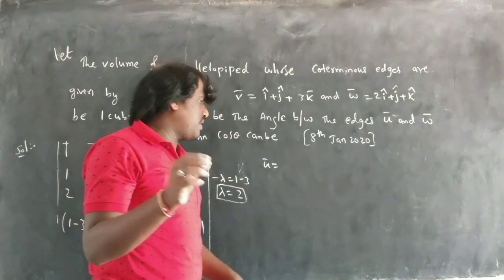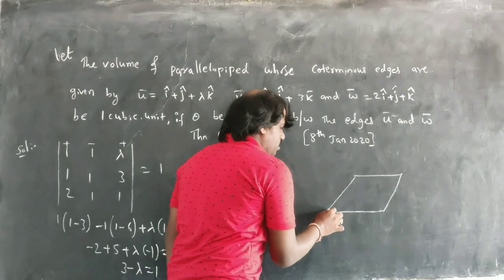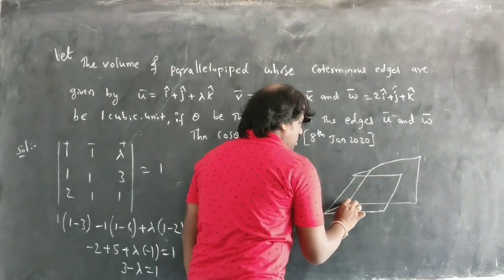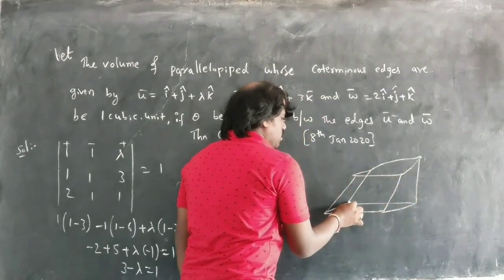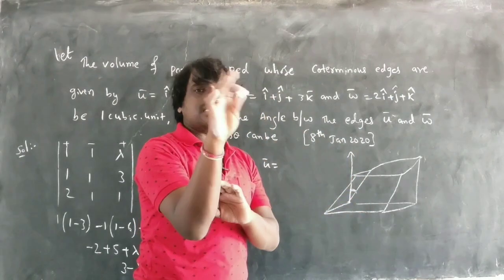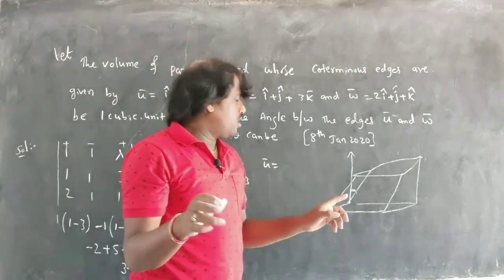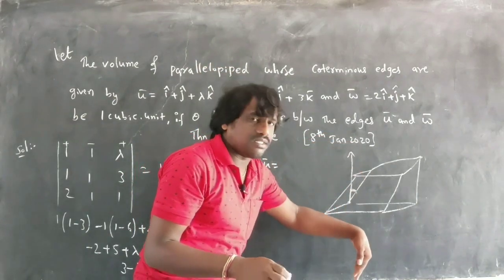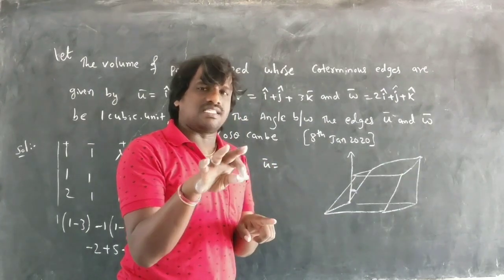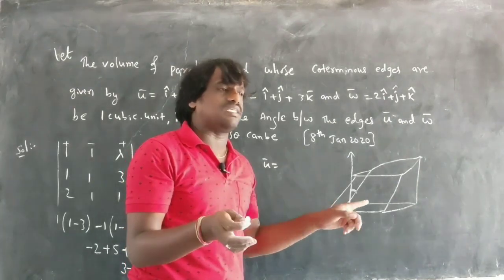And yesterday when I explained the parallelepiped, this is a parallelepiped, so there will be some bend. When you are finding the volume of this, if this is the angle here and it is an acute angle, then it forms a right-handed system. If it is an obtuse angle, meaning downwards, then it is left-handed. When it is right-handed, you get a plus answer. When it is left-handed, you get a minus answer. So the volume can be plus or minus in this case.